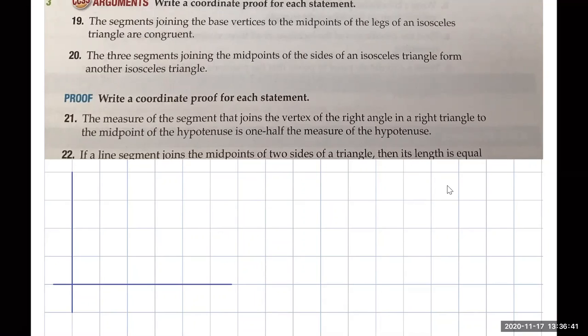You have that the segments joining the base vertices to the midpoints of the legs of an isosceles triangle are congruent. Let's say they're referring to the base, so I'm going to put the base on the x-axis. You generally want at least one vertex of the triangle on the origin, and for sure one of the sides of the triangle should be lying on the